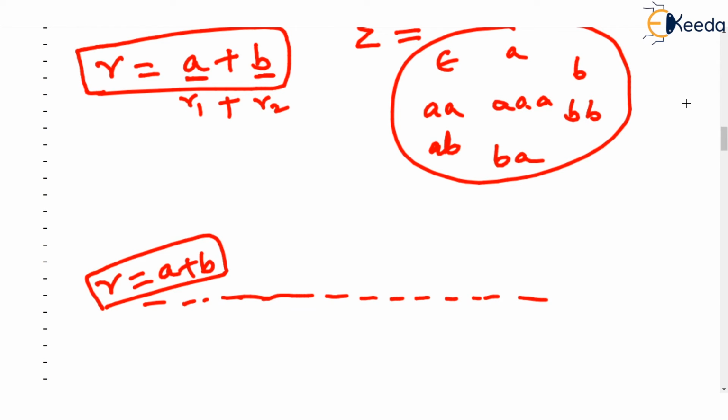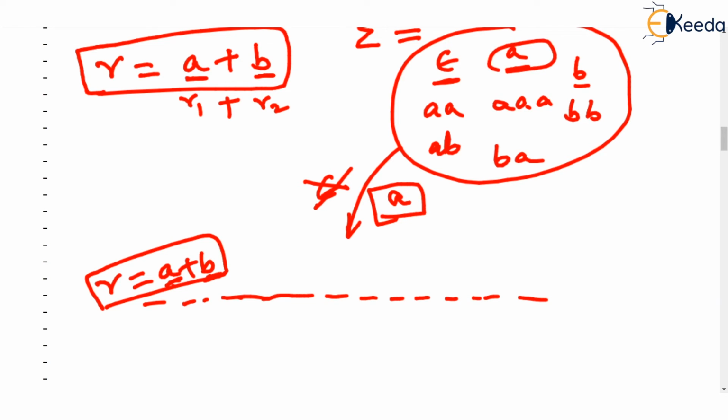Okay. So which strings will pass through this test? Remember, we are going to put every string of this particular set under this test. So let's put epsilon first. No, never. Epsilon doesn't match A, B, nothing. What if we put A? Here comes the big point. This string A from our set. Now this has to be read as R is A or B. A or B union this is. So this A might pass the test from R1 or it might pass the test from R2, any one of them. So A, you see, really matches the first part of the regular expression.